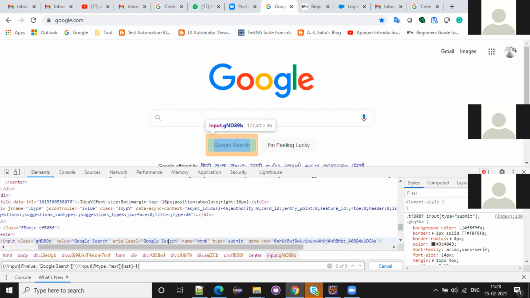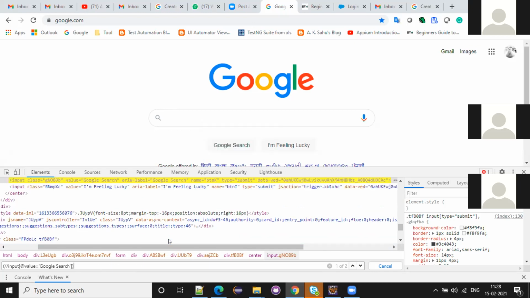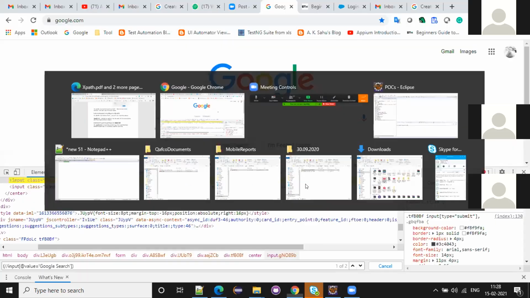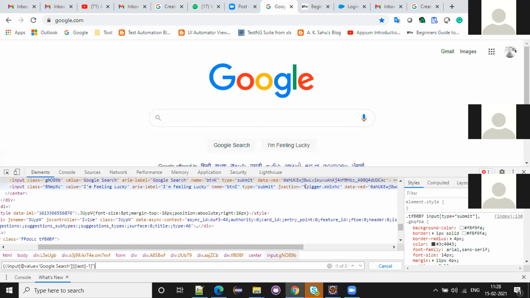One. So if it is last minus one, in the sense first one, right? So you will get the first one. See, this is the first one. It is not appearing down.